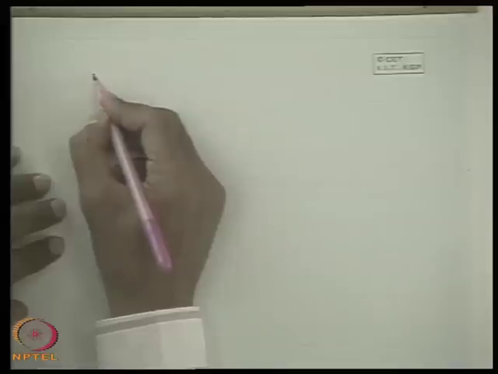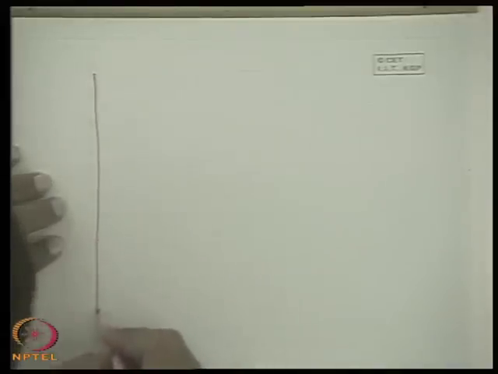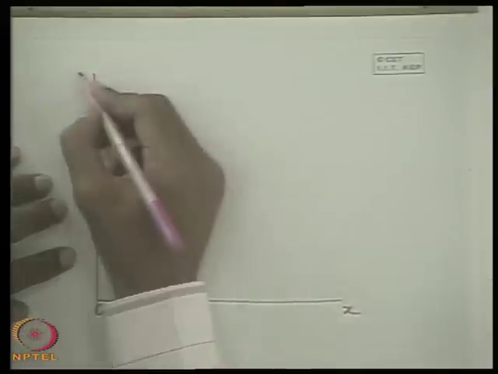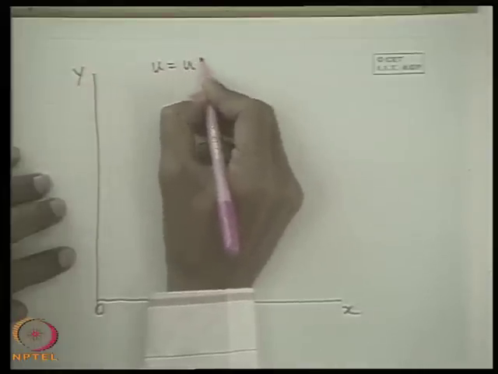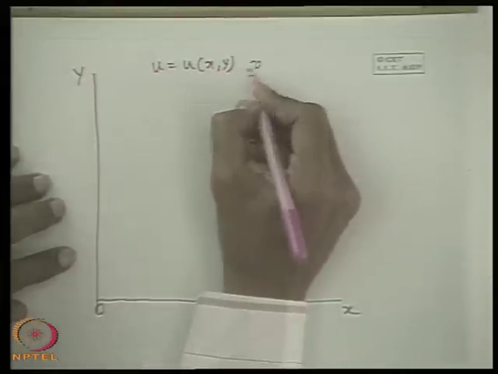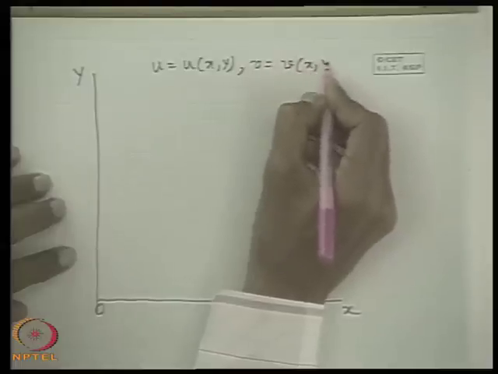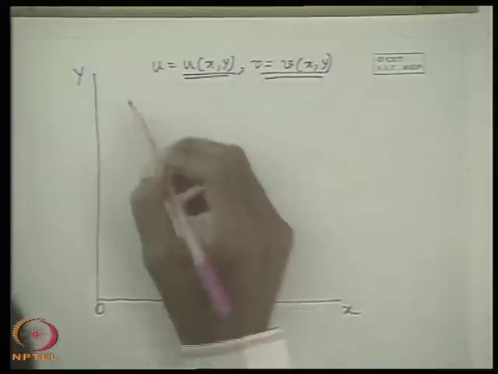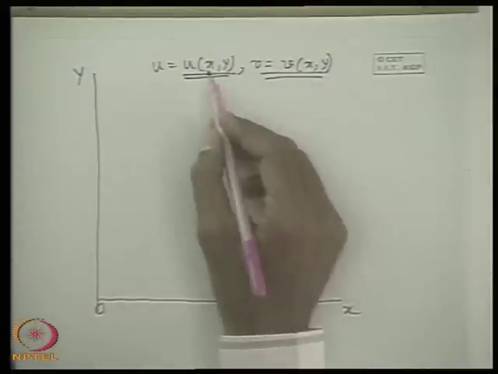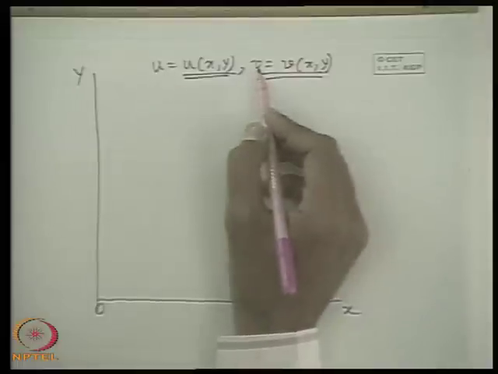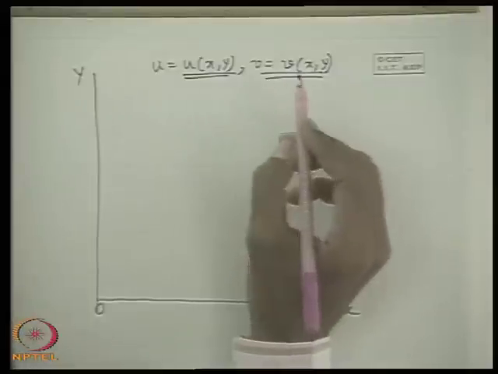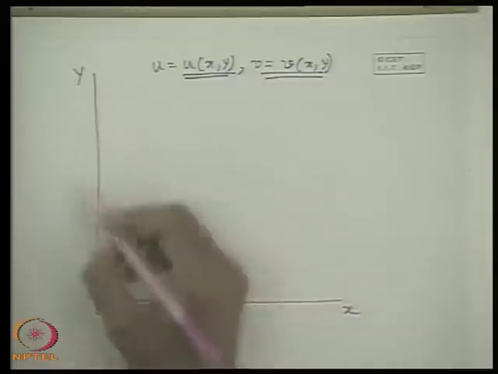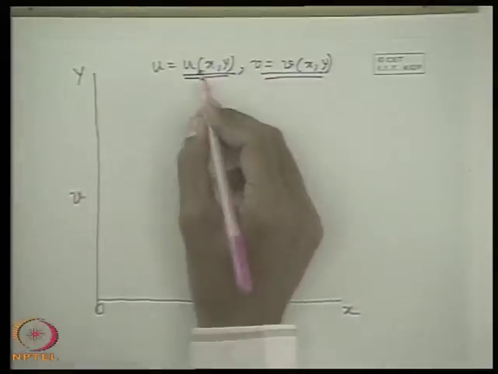you can now appreciate very much what is that general case, where u and v in a 2-dimensional frame of reference both are functions of x and y, because there is no need of considering u as a function of x and v as a function of y only. In the most general case of 2-dimensional flow, 2-dimensional flow means where the velocity components are functions of only 2 space coordinates and we consider only 2 velocity components. This is the definition of a 2-dimensional flow. So, in a 2-dimensional flow, the most general case is that the 2 velocity components u and v are functions of both x and y.